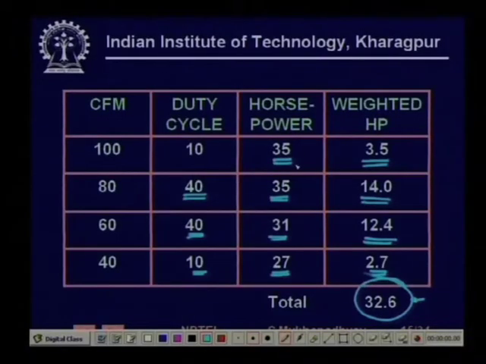We would also like to see how these 35, 35 and 31 figures are located, because otherwise you may not believe me. So, let us go back and